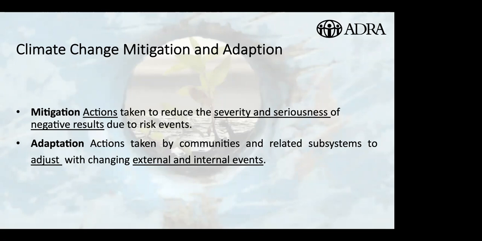So just a reminder, mitigation is actions taken to reduce the severity and seriousness of events. So that might include improving energy efficiency, promoting public transport, promoting organic or biodiverse livelihoods, food sustainability, that kind of thing. Adaptation is actions taken by the communities to adjust with changing external events. So here we're talking about erecting buildings or infrastructure that is safer, more sustainable, replanting forests, diversifying crops to adapt to changing climates, those kind of things. Okay, so coming back to our framework,